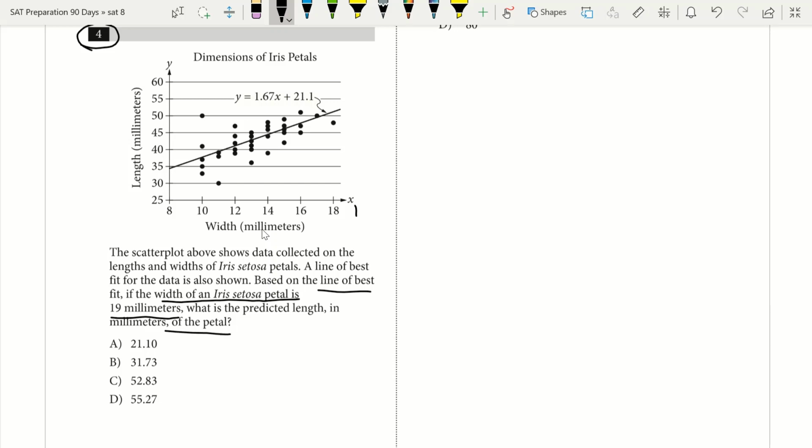Well, we see that 19 isn't on our width here. So we could estimate right around where 19 would be, right? And we draw a line up, and then we could connect that to our line of best fit and try to take a good guess. But if they had two answer choices that were really close, like in this case C and D are really